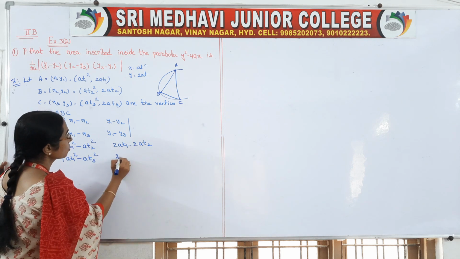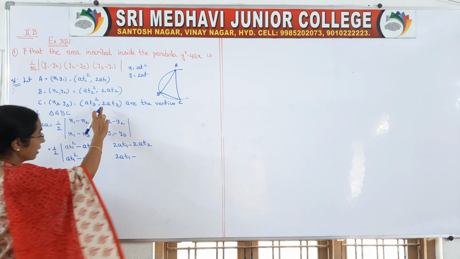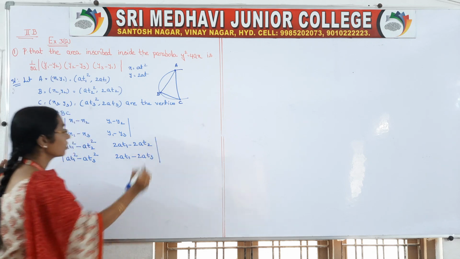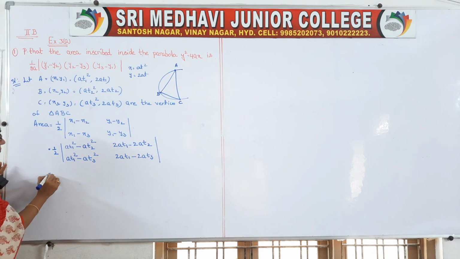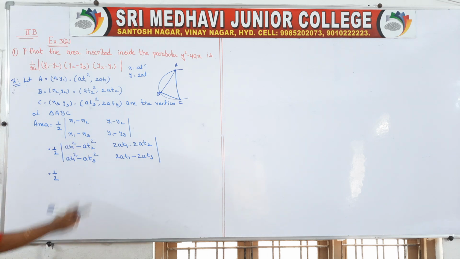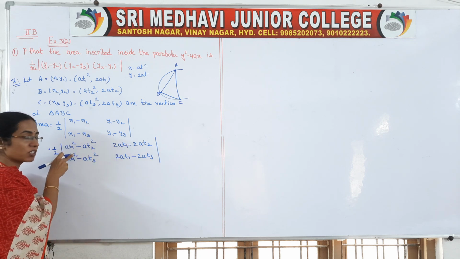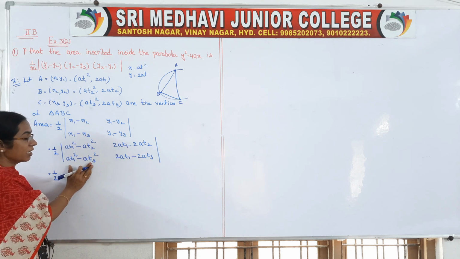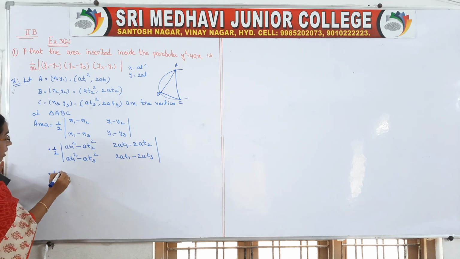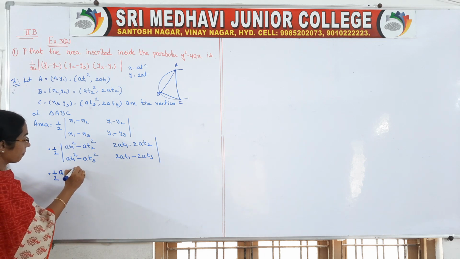Okay, so next, 2at1, y1 minus y3, right? y3 is 2at3. Okay, observe carefully. From the first row, a can be taken common, isn't it? From this a, from this a. So from the total first row, a can be taken common. Here a, here a. From the second row also, we can take a common. So from the first row a, and from the second row a, right?